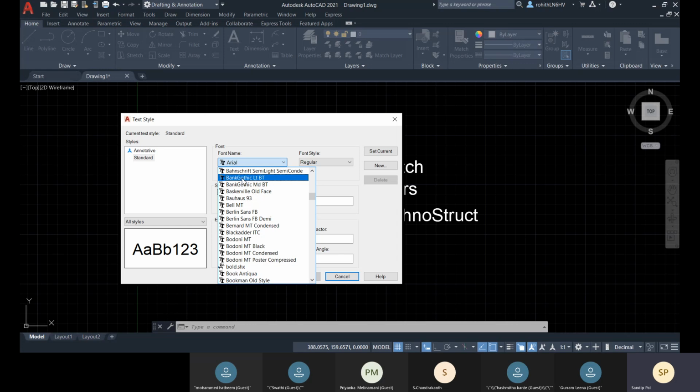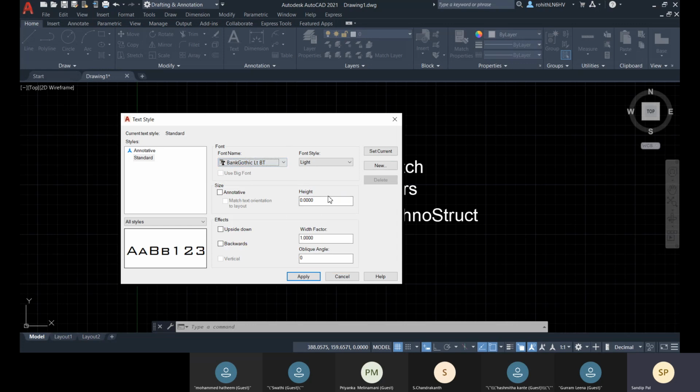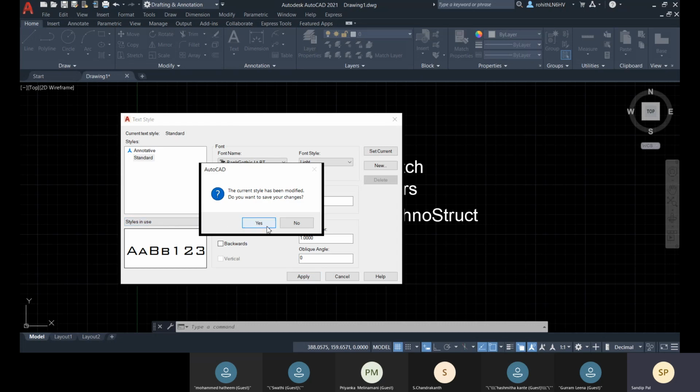Yes, let me choose this one, and there you can define any height, or else you can keep it annotative, which can be controlled by annotative scale, and it is the font style, and you can set it current if you want to change anything.